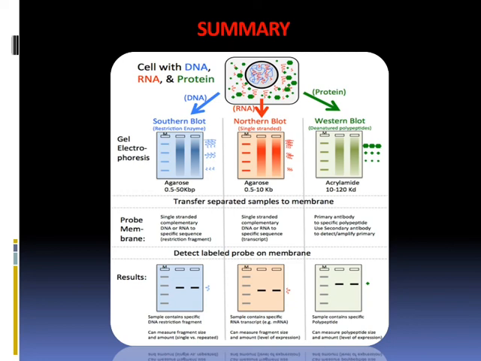Northern blot is also similar: the labeled probe goes and binds to the specific sequence, then visualization. Western blot is also the same thing. Here we use an acrylamide gel, and a primary antibody specific for the particular protein you want to identify. Then the secondary antibody is used for detection, amplifying the primary one for visualization, and then identification. So this is the summary.